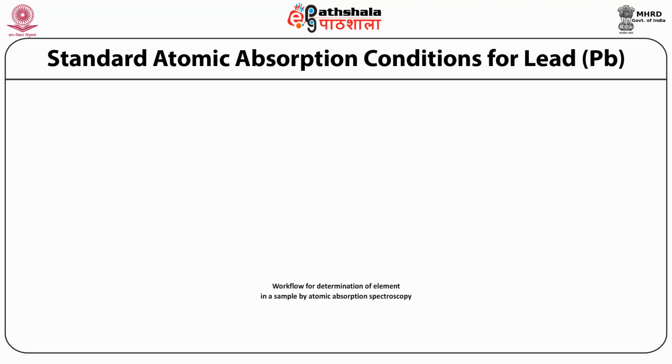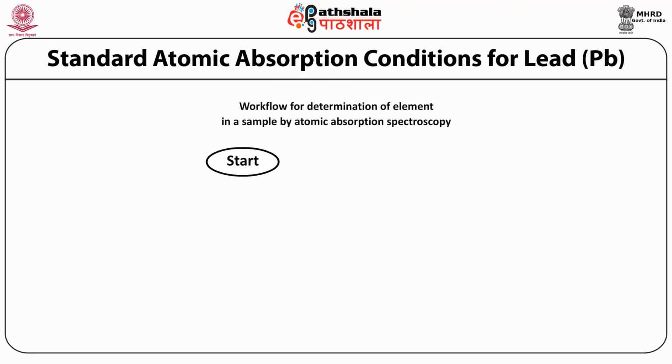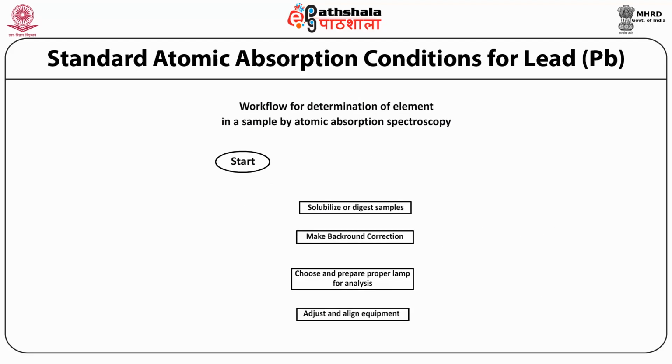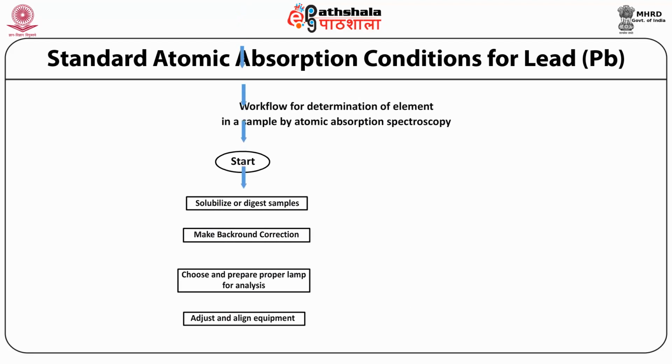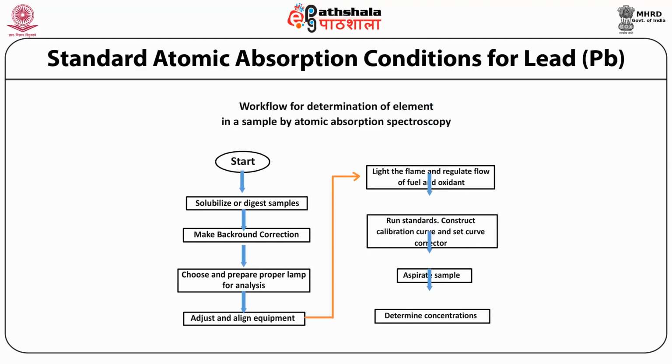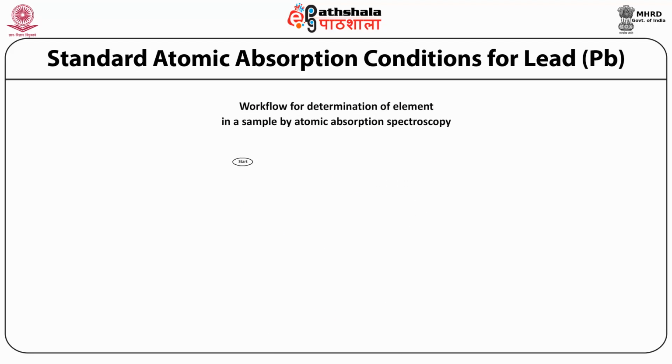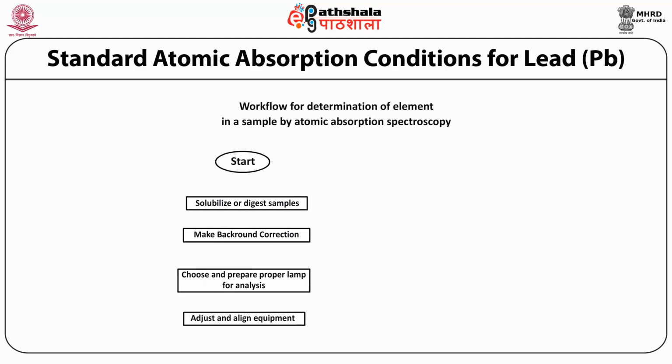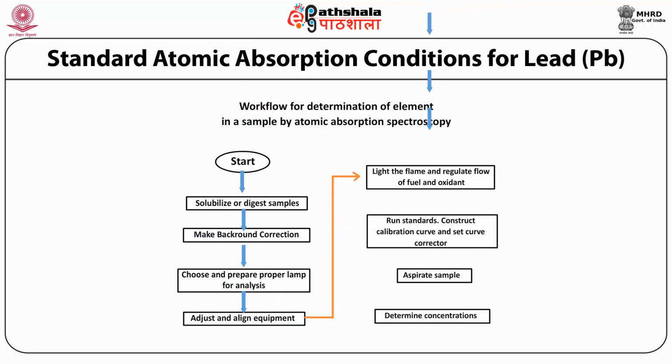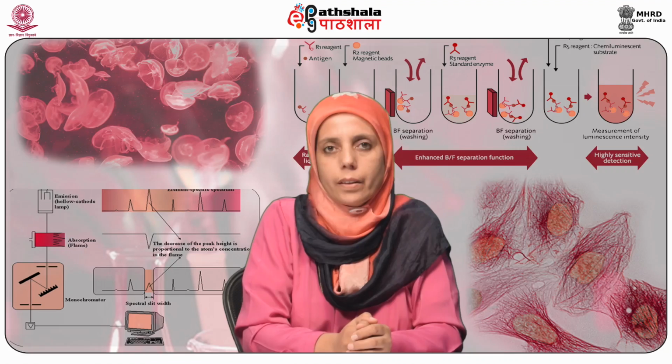liter. This slide shows you a workflow for determination of an element in a sample by atomic absorption spectroscopy. To start the protocol, the sample is first collected and it is solubilized or digested depending upon the source of the sample. In the instrument, the background corrections are made and the lamp source of light is chosen and prepared properly for analysis. The instrument is adjusted and aligned, the flame is lit, and the fuel flow and oxidant flow are regulated. Then a standard is run and a calibration curve is constructed, and from this calibration curve,